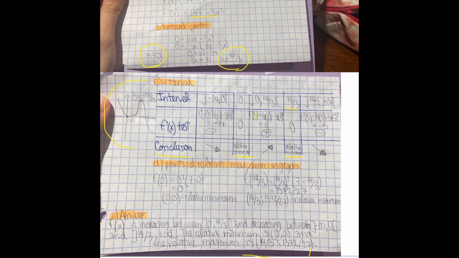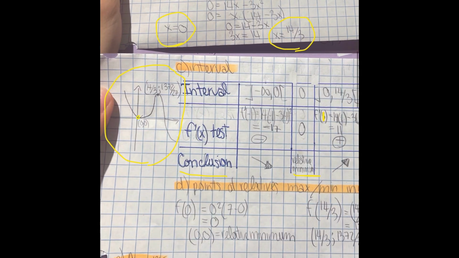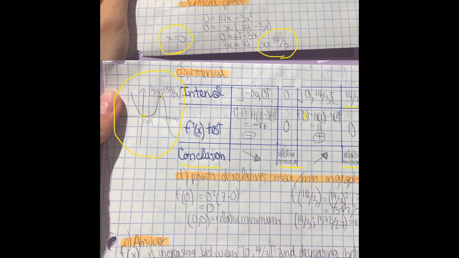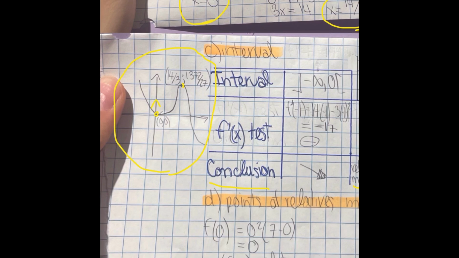As you can see, my graph is right there. You can see my first critical point here and my second one here. So let's say A and B. For my relative minimum, when I plug my critical point x equal to 0 into my original function, which is x squared times 7 minus x, that's going to give me the point 0, 0 for my relative minimum. For my relative maximum, if I do the same thing, it's going to give me the point of 14 on 3 and